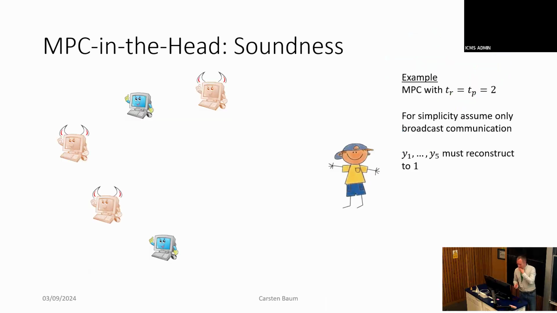Here the example is a protocol that is private against 2 corruptions, and also secure against 2 parties misbehaving in the protocol. So what does it mean? If the adversary corrupts 2 parties, then the protocol gives the correct output to the verifier. That shouldn't happen. So the adversary has to corrupt 3 parties if it wants to cheat. If I'm a dishonest prover, I don't have a witness, I need 3 parties in this protocol to cheat.